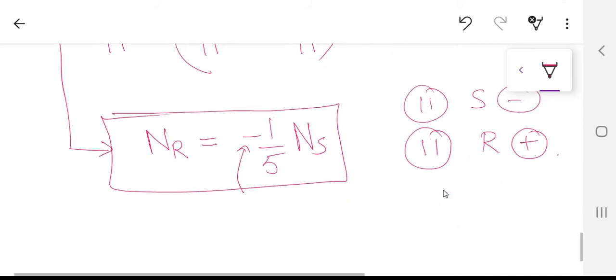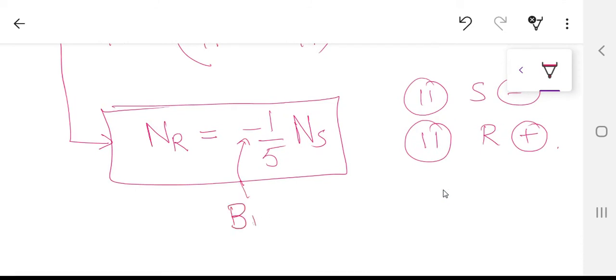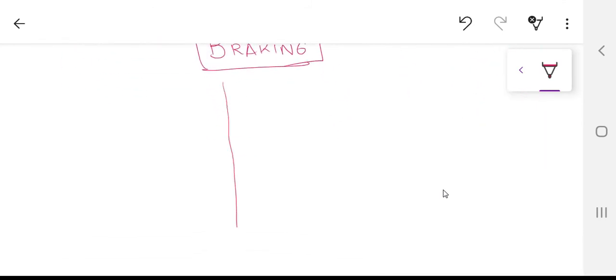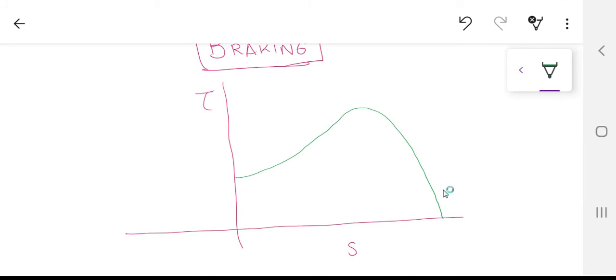This minus sign is actually going to tell you that this is going to occur in the braking region over here. This is not going to occur in the motoring region. And for those who don't have any idea what I'm talking about, if I make the torque slip curve, this is the torque over here, and this is certainly the slip or speed over there. The torque slip curve is certainly like this. This is the motoring region, and if you extend this further over here like this, this is the braking region.